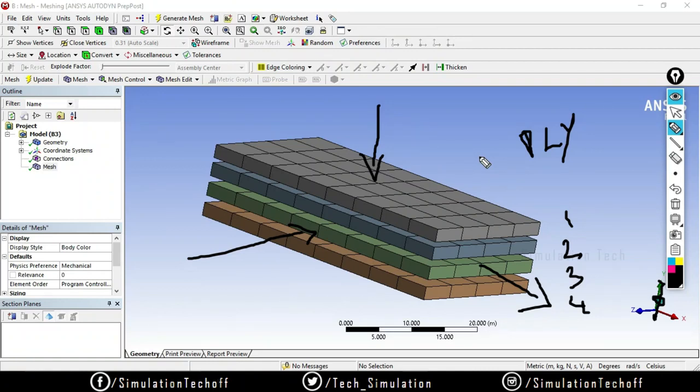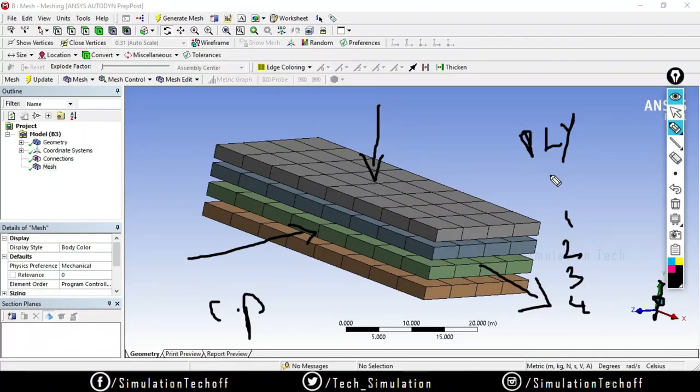But we have one interesting question, right? In real time we don't actually have an isotropic material. No material has properties in a uniformly distributed state, right? The best examples for isotropic material are steel and glass, the best example for orthotropic material is wood, and the best example for anisotropic material is a composite. So we have a composite plate over here, and in real time we don't have an isotropic material, it's a theoretical state.